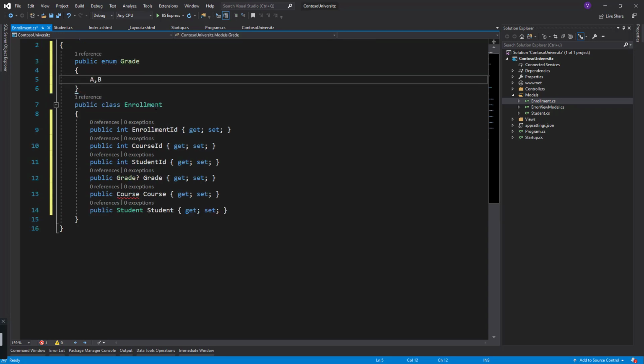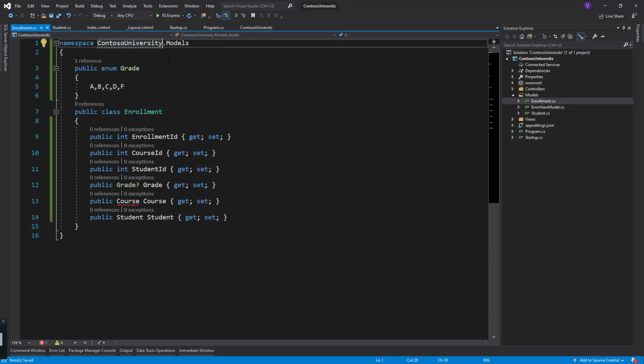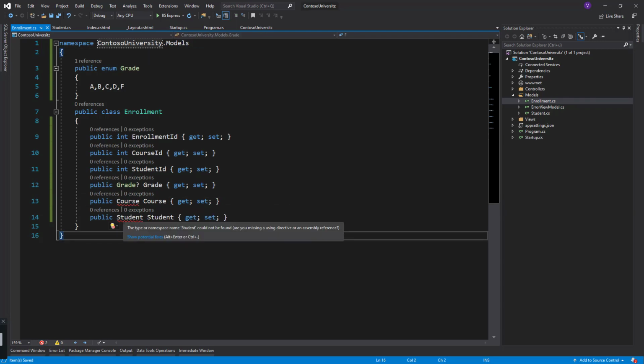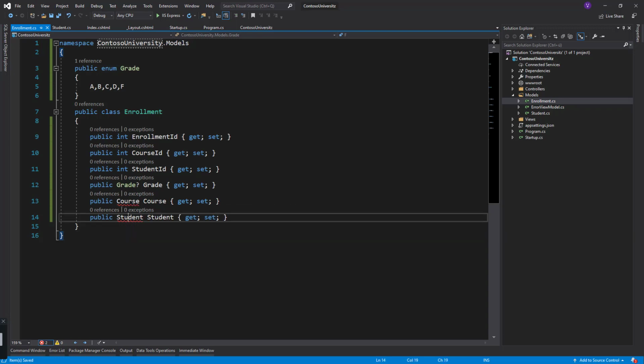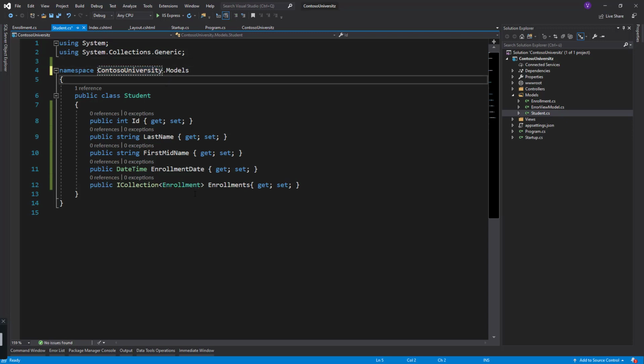It is independent of the class, but it is in the namespace. Okay, the namespace would be ContosoUniversityZ, or we can fix it to ContosoUniversity and break our code. Let's put it to ContosoUniversity and break our code. A, B, C, D, F. Okay, so Course and Student are still highlighted. Student is not found because Student is actually in ContosoUniversityZ. So do it ContosoUniversity,